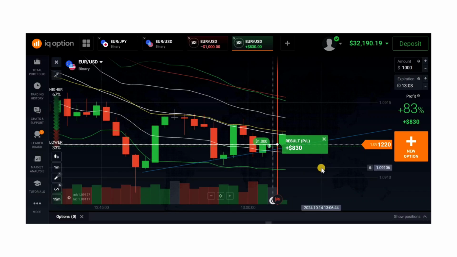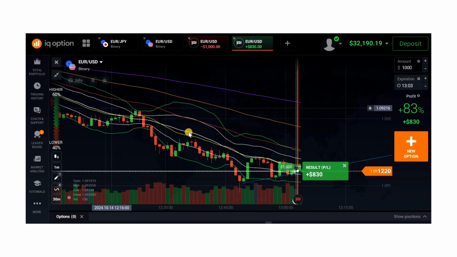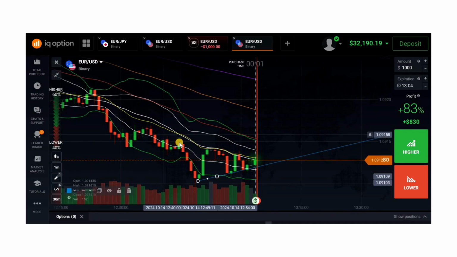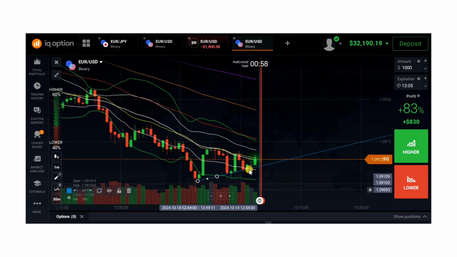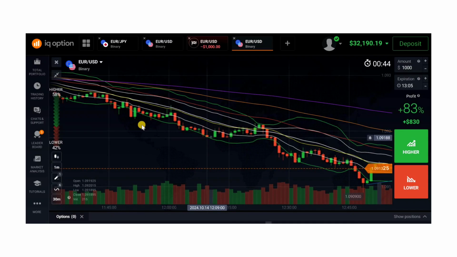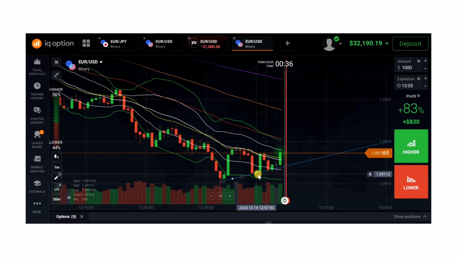The main reason for making the video is to show you this strategy, and I thank God it happened. The strategy happened exactly when the market was about to reverse, so that you know that every trend will never last long. As you see, I spotted immediately how the market wanted to reverse, because if you see a low, it's coming back here and it's not making a lower low, just like this low and this lower low, and this low and this lower low. These are just lower highs and lower lows. But in this case, it made a lower low and a higher low. So what do you think will happen?